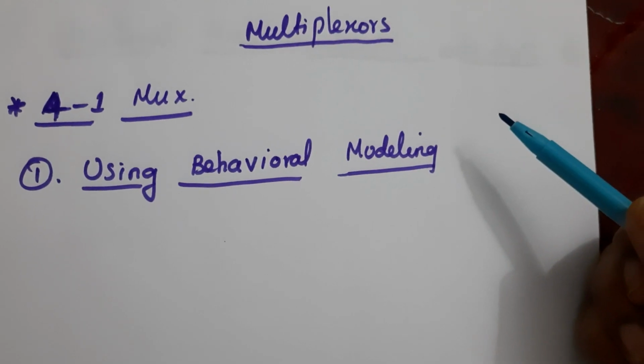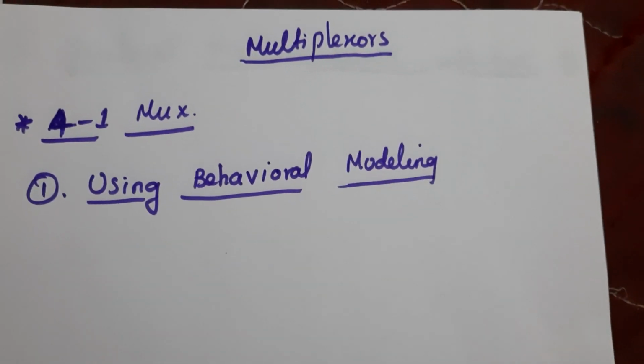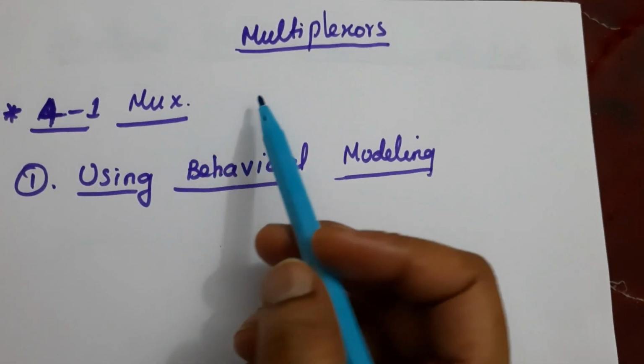In this video we are going to write a code for a multiplexer, that is a 4 to 1 multiplexer, using 3